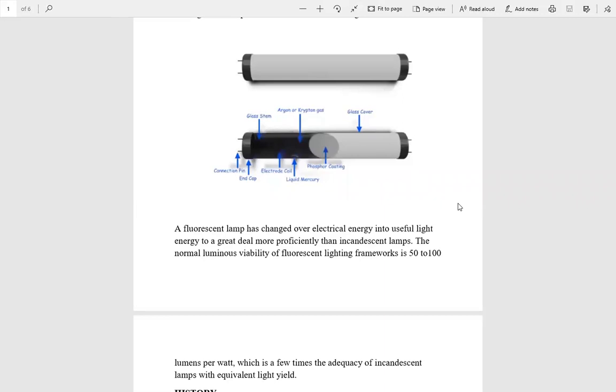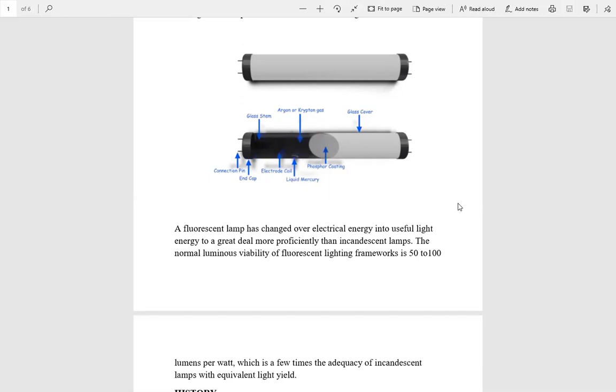Now, a fluorescent lamp tube is loaded with a gas containing low pressure mercury vapor and argon. The pressure inside the lamp is around 0.3% of environmental pressure. The inward surface of the lamp is coated with a fluorescent and frequently marginally luminous coating. This coating is made of shifting mixes of metallic and uncommon earth phosphor salts.